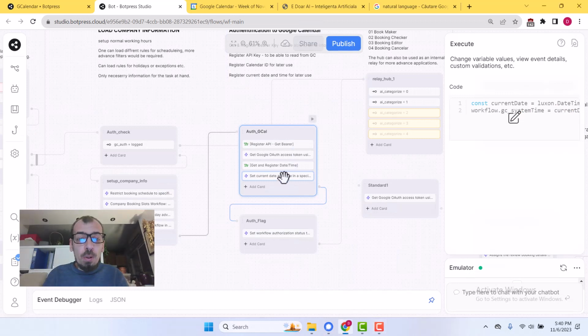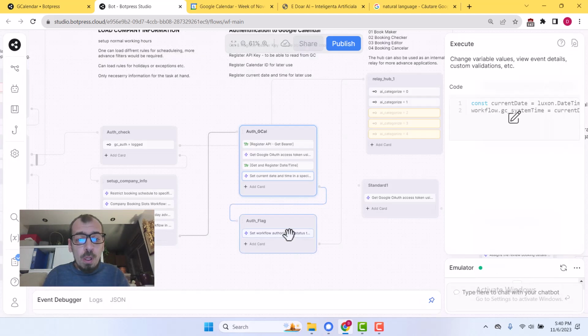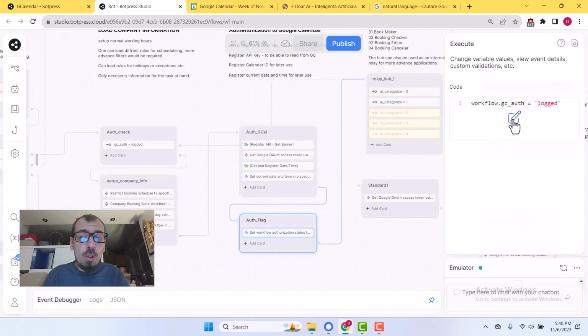And we are also going to store what time it is at the moment the script is processed, because we need the full day to give to the AI, because the AI doesn't know what the present time is. We are also going to declare g auth logged, so